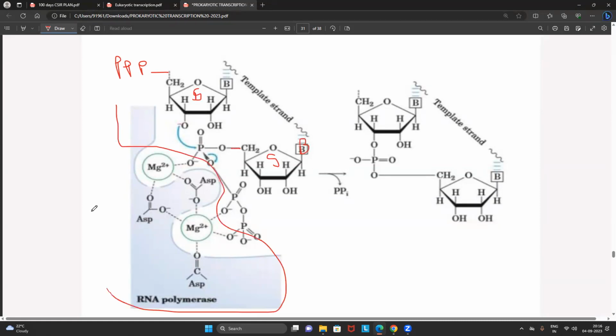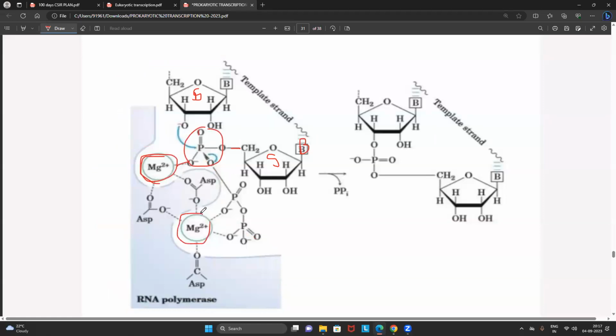This is the structure of an RNA polymerase enzyme. Both DNA polymerase and RNA polymerase enzyme structures are the same. If you look into the structure very clearly, the RNA polymerase enzyme has two magnesium ions associated with three aspartate residues, as you can see in the picture. I have very clearly explained it to all of you in DNA replication itself. Now you tell me what's happening. One magnesium ion will cut one phosphate group. Another magnesium ion is doing what? Tell me.